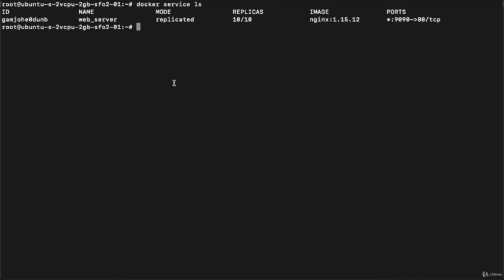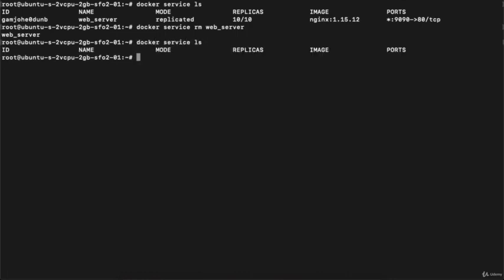Now let's go back to the terminal and stop this particular service. So how can we stop the service? docker service rm and then the service name. Hit enter, right? Now again execute docker service ls, and you can see no service is running. If we put docker service ps, then my service name, which was web_server, then I will not get anything, right? So all the services have been stopped, right?